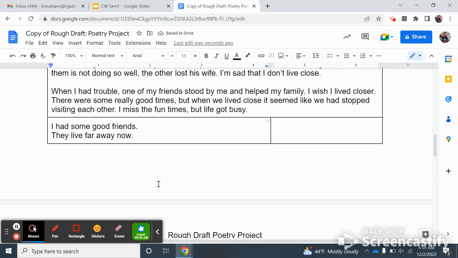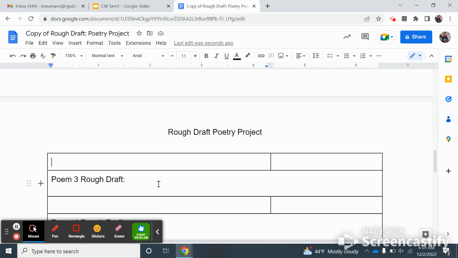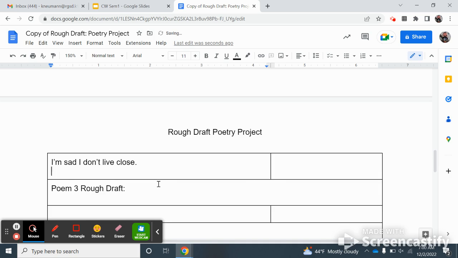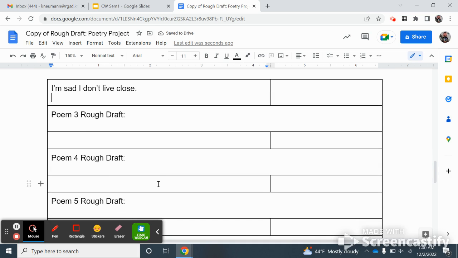So I might say, I'm sad I don't live close, because that's kind of my theme for it. I'm sad I don't live close. And I'm just going to keep going with my poem. All right. And if you use a haiku or a limerick, those are a little bit different because they're only 1 stanza each. So you would only need to do 1 stanza for those instead of 2. That's the only thing. So if you have any questions, just make sure you email